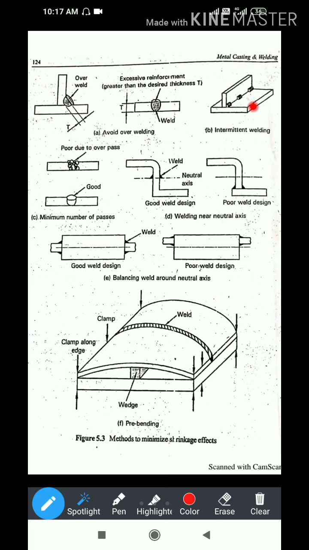Now intermediate welding. What do you mean by intermediate welding? See, this is a butt joint, and along this portion a welding pass is going to be made,